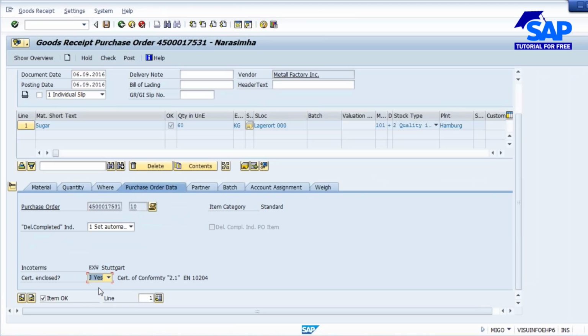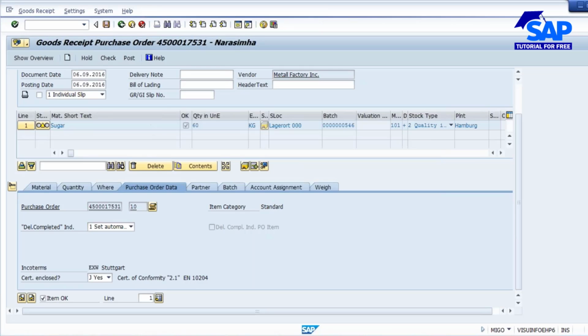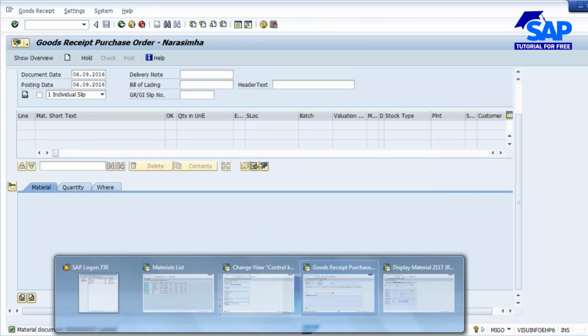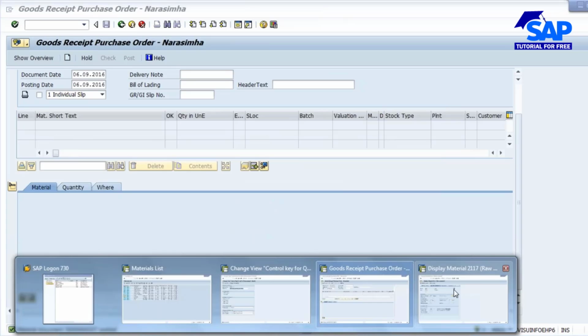Enter the certificate type enclosed. Enter. Now check for any issues. It will create a batch. Then you save it. Now as we removed the skip, it will go to quality and a lot will come. So now if you go to MMBE,